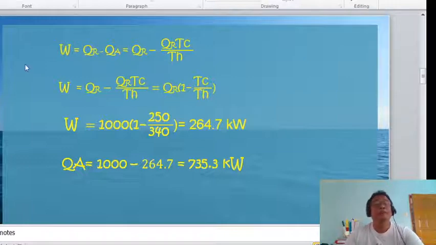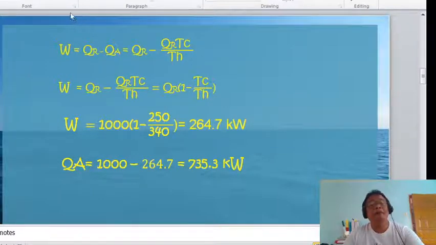Or simply the equation of the work is equal to QR multiplied by 1 minus TC over T high. This was also derived from the basic equation of